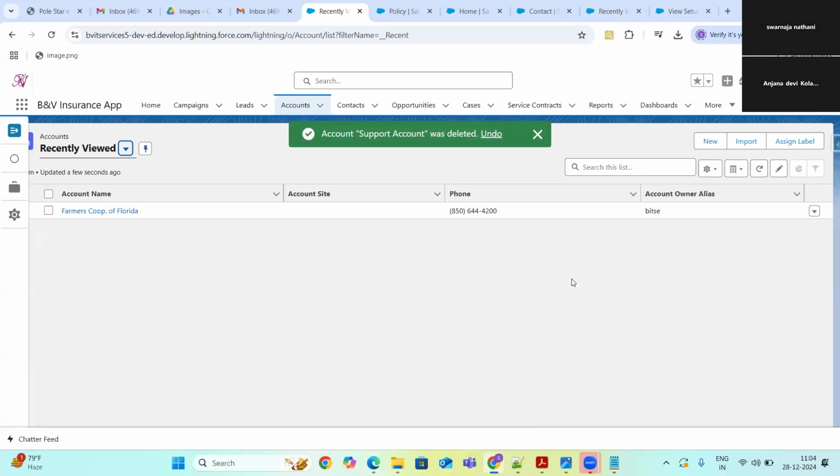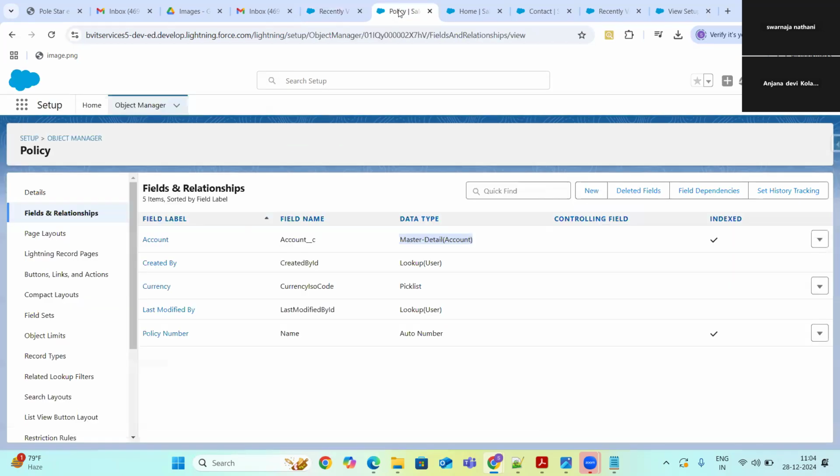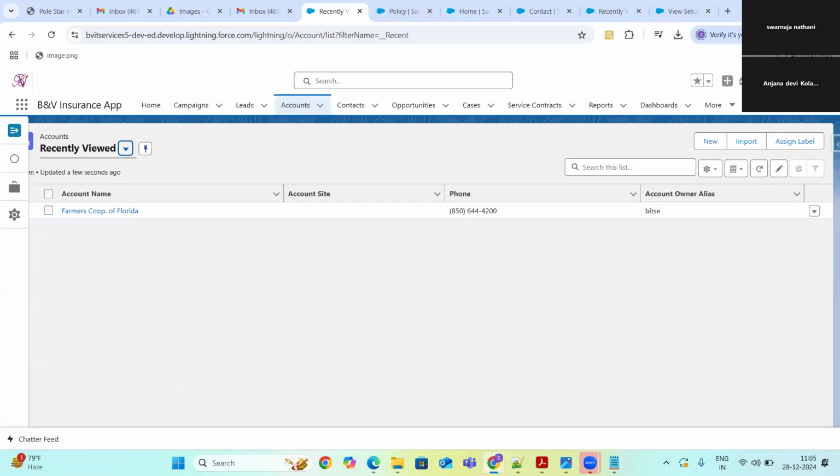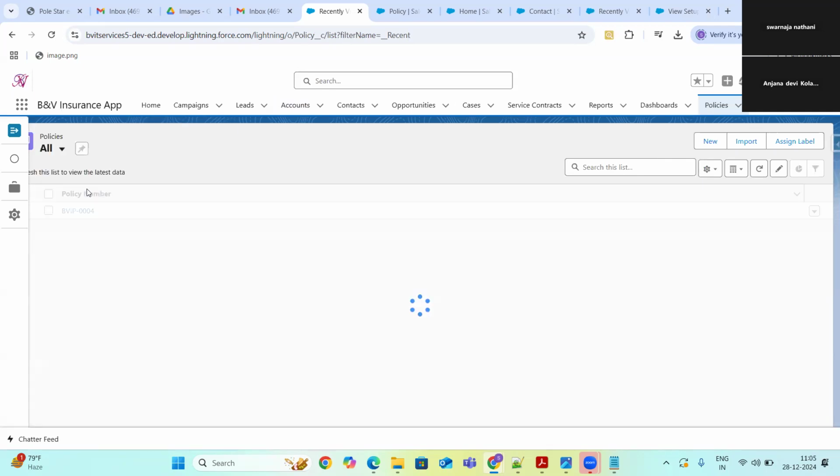Okay. Let's go ahead and see how policies is going to be affected, because policies has a master detail relationship with the accounts, right? So I'm going to see policies. I can see only one record, guys.